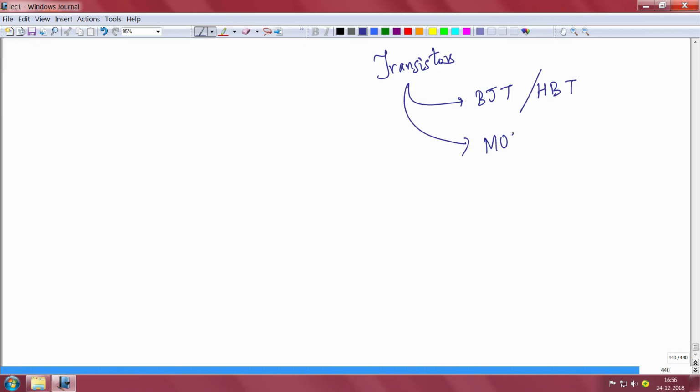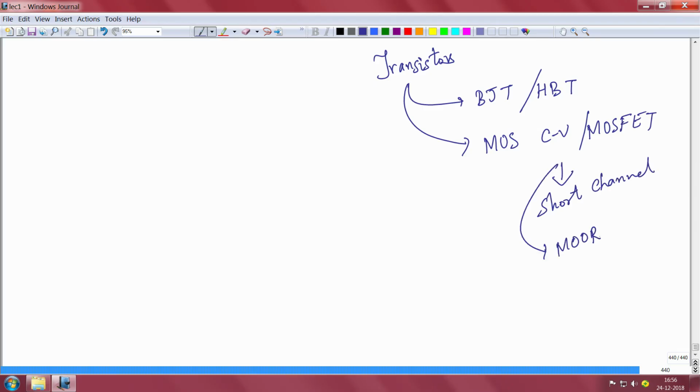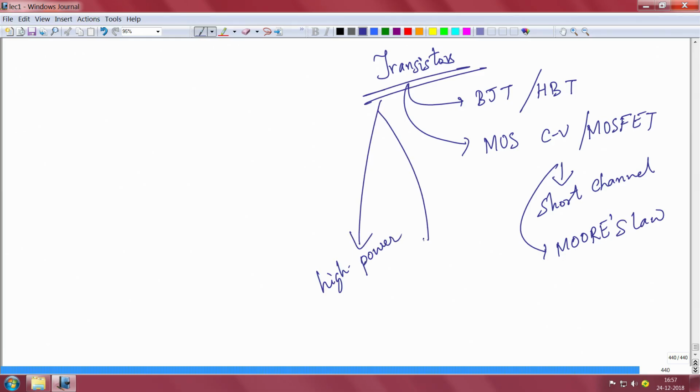We had studied about MOS capacitance, MOS CV, and MOSFET. In that MOSFET we had also studied about things like short channel effects, and then Moore's law, right, how devices are being scaled down. And then transistors are used in different applications. I also talked about the generic cases of high power switching, or maybe RF power amplifier, right, maybe memory